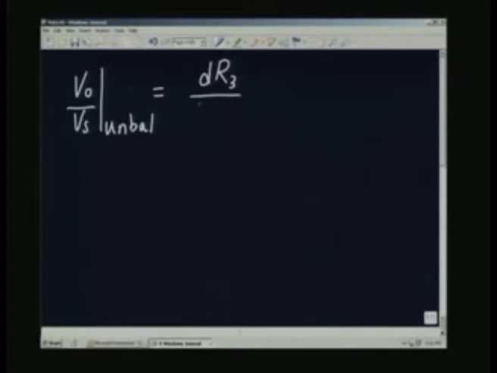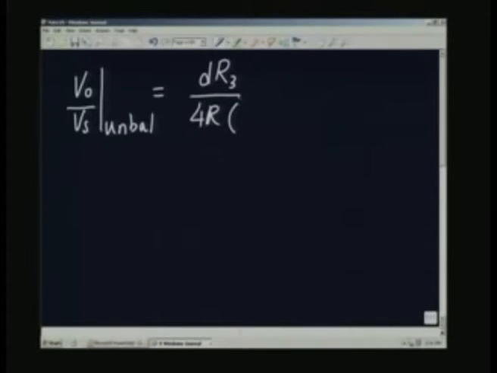So, we will say unbalanced due to change in the resistance R3 by a small amount. This will give you delta R3 or dR3 divided by 4R